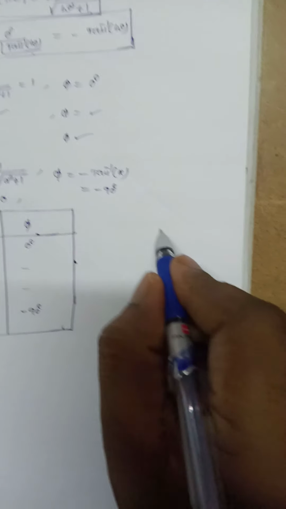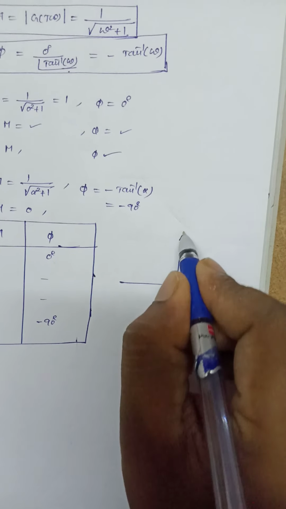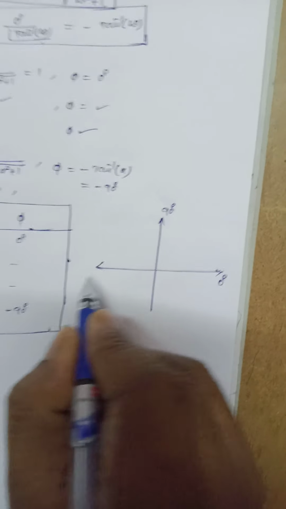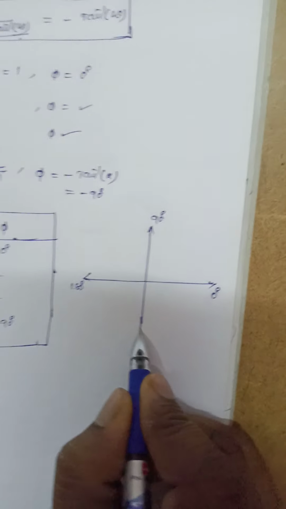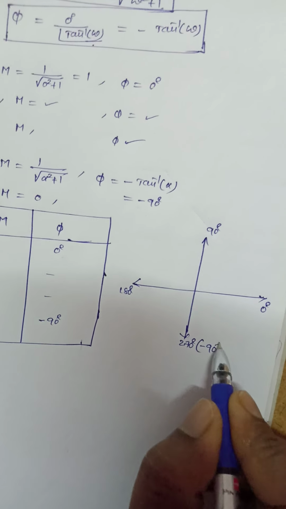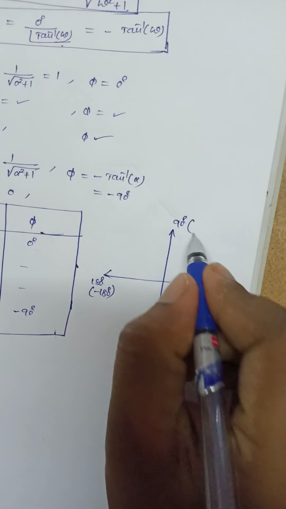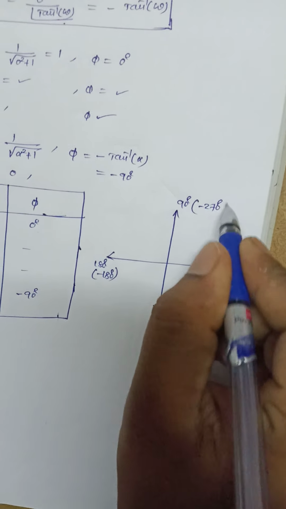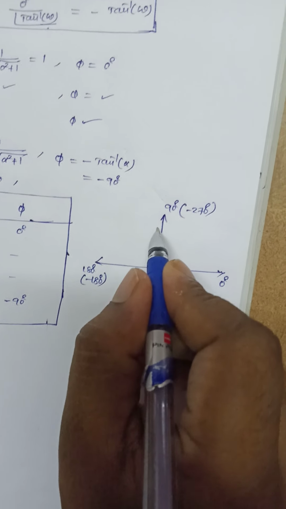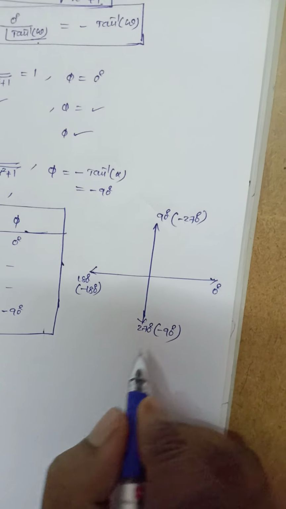Okay. Draw a polar plot here. It is the polar plot. So it is 0 degrees, this is 90 degrees, this is 180 degrees, this is 270 degrees. This line can also be represented with an angle minus 90 degrees. This can also be represented with an angle minus 180. This can also be represented with an angle minus 270. In this direction, in clockwise direction representation, these will become negative angles.